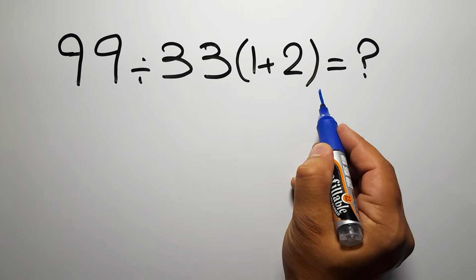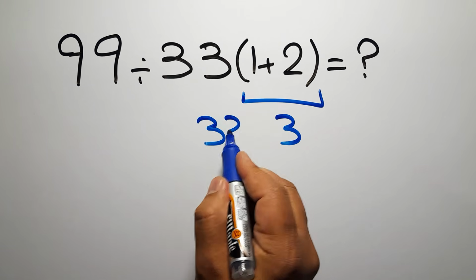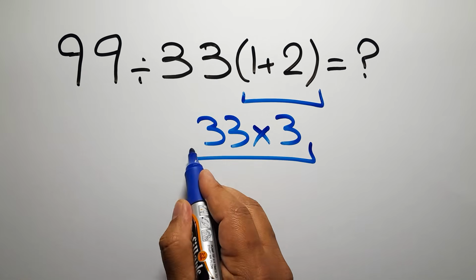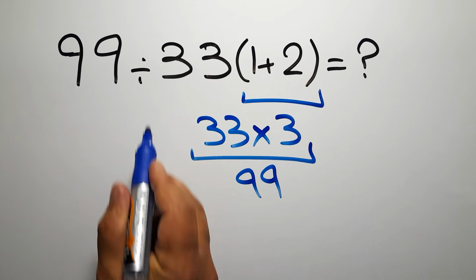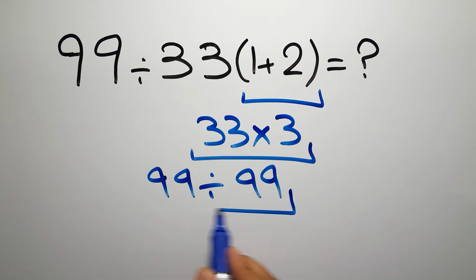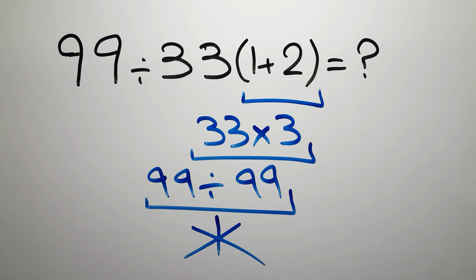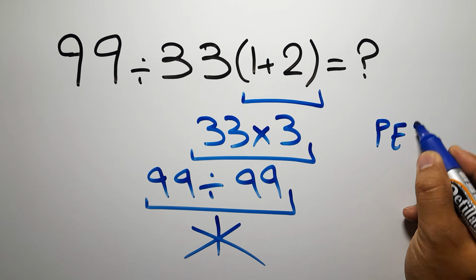1 plus 2 gives us 3. And 33 times 3 equals 99. Here we have 99 divided by this. So 99 divided by 99, which equals 1. But this answer is not correct, because according to the order of operations, which is PEMDAS,